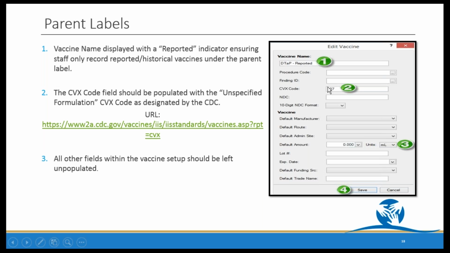Because we're going to put the CVX code, again, that is the unspecified formulary, that is not an active CVX code for DTaP. Okay, so you're going to put DTaP reported here, the CVX code, and the other thing that is very, very important,